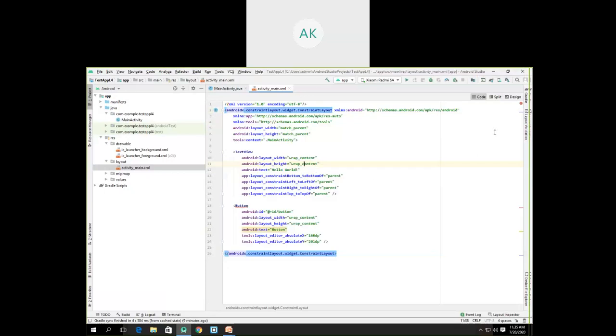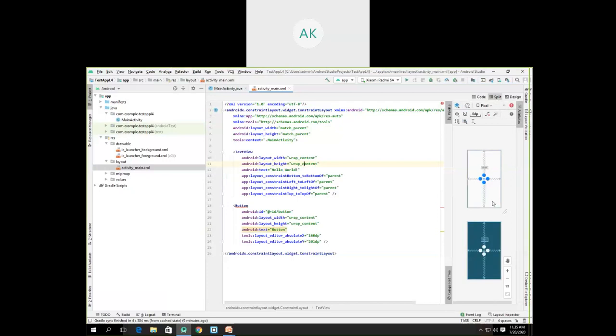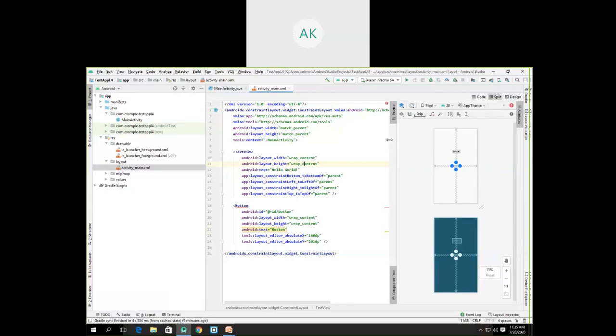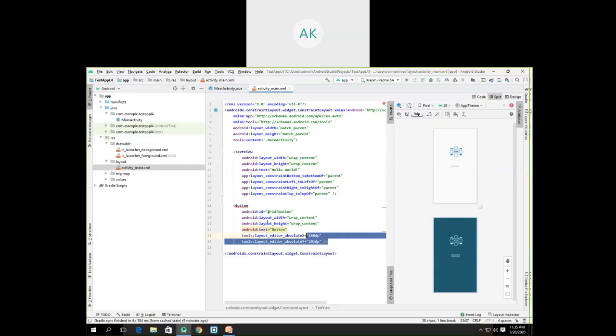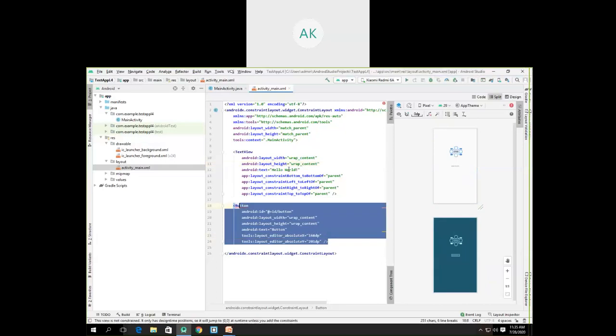Now, if I take a preview of this, you can see it here. Here we have the user interface design, and the corresponding code for designing the user interface is present here. Of course, you can work in both ways.